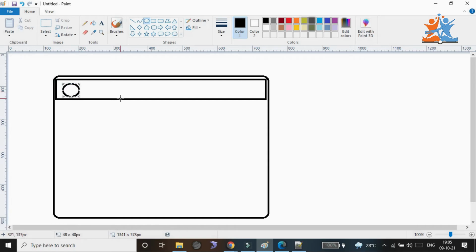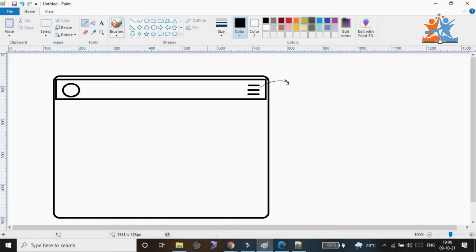But before going to menu options, in the proper cases, most websites use these three dashes as an element. This type of element they consider as menu information.